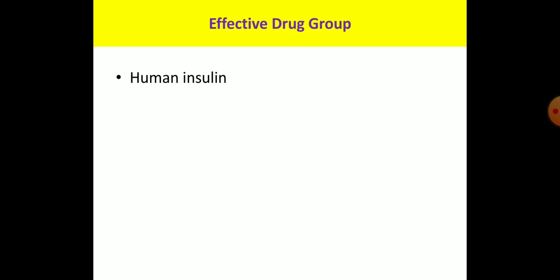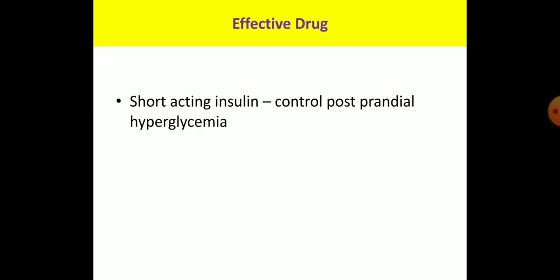Now, what should be our aim? To control the blood sugar. Now, to control the blood sugar means two aspects. One is to control the basal blood sugar level, and second is to control the postprandial blood sugar level. Now, short acting insulin like regular or soluble insulin will control the postprandial hyperglycemia, but at the same time it has a shorter duration of action, and that's why you cannot use this preparation round the clock. Otherwise you have to give 4 to 5 daily injections, and the patient's compliance is poor.